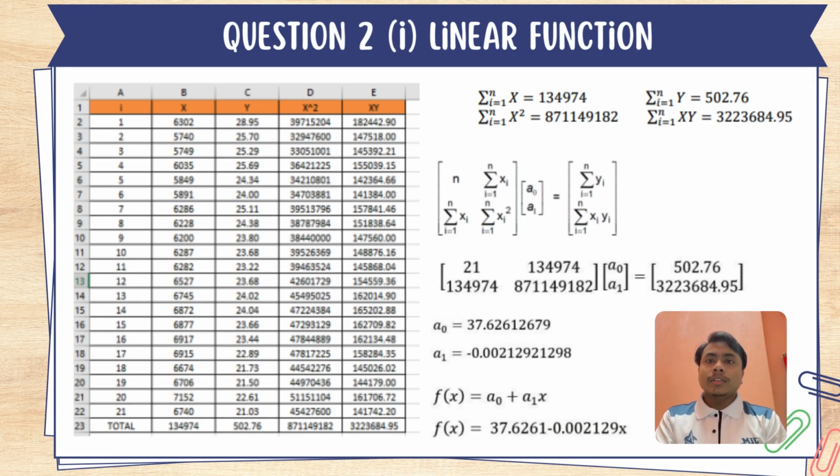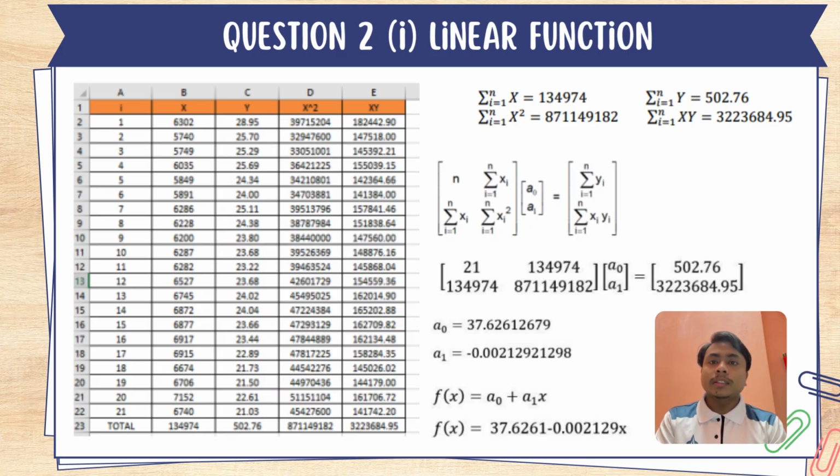Next, this slide shows the construction of the least squares linear function based on the given data. The least squares method is applied to minimize the sum of the square errors and to obtain the best fitting linear model that describes the relationship between the number of road deaths and the road safety index per 100,000 population in Malaysia. Based on the calculations, the linear function obtained is